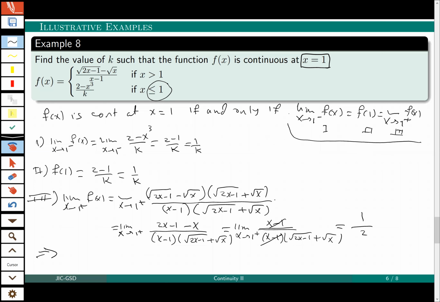So applying this condition, we calculated the 3 parts. The first one gives me 1 over k. Second one is 1 over k. The third one is 1/2, which means k must be equal to 2. 1 over k equals 1/2 means k is equal to 2. Now,